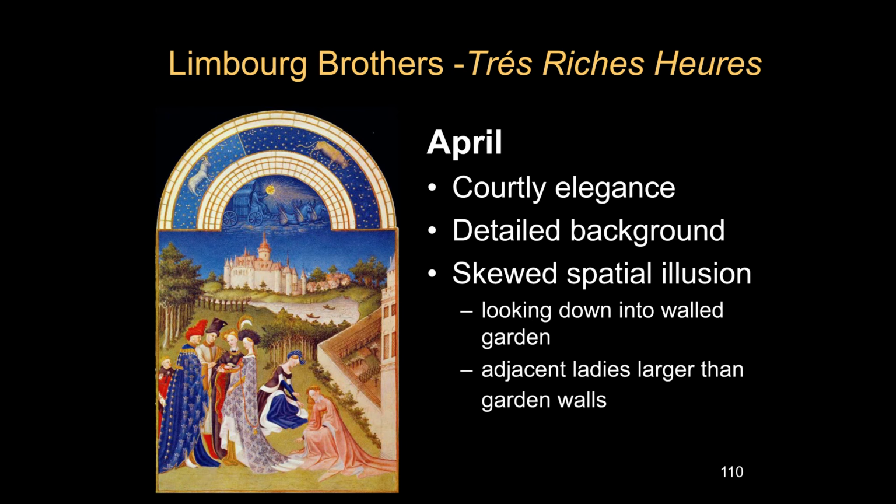And of course, it's a little like the way the Boucicaut master created his spatial illusions. You would have the large figures in the foreground here, very, very elegant, wearing beautiful patterned clothing. And then in the background, you have this lovely illusion of space with trees and water and a walled village or walled city behind us.